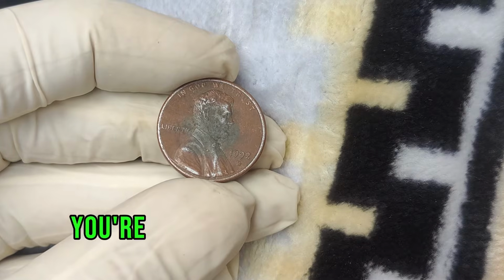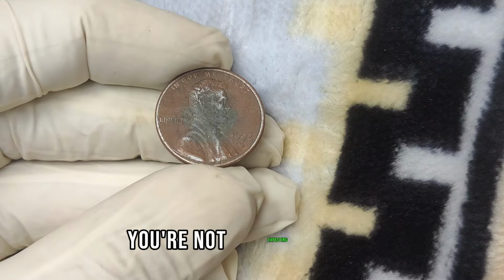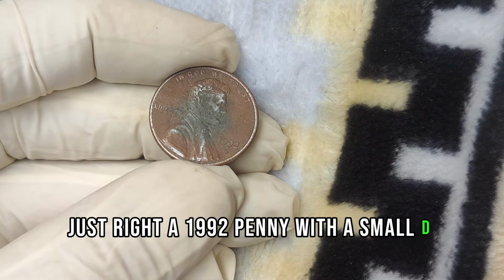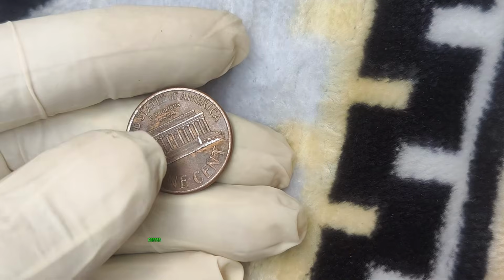Imagine this. You're digging through an old jar of pennies. Maybe one your grandfather kept by the kitchen window. You're not expecting much. Until one coin catches the light just right. A 1992 penny with a small D beneath the date. You shrug, after all it's just a penny, right? But what if I told you that tiny copper coin could be worth